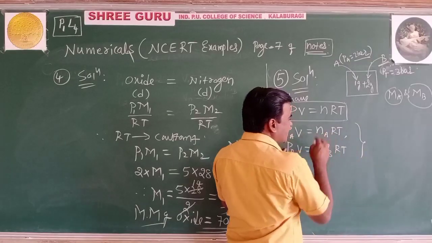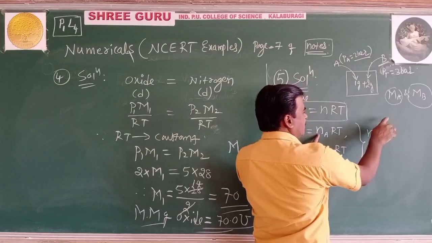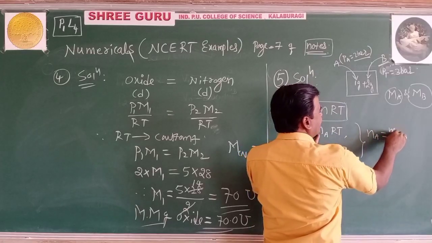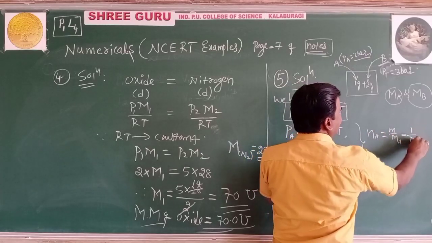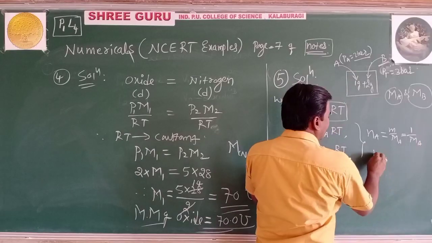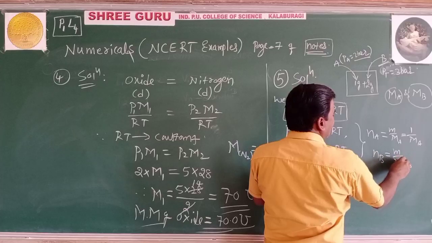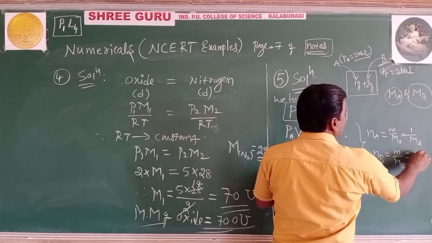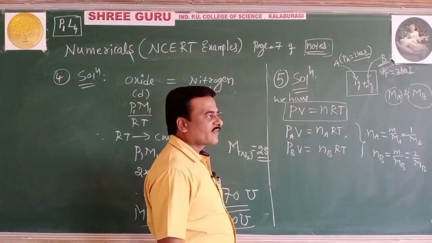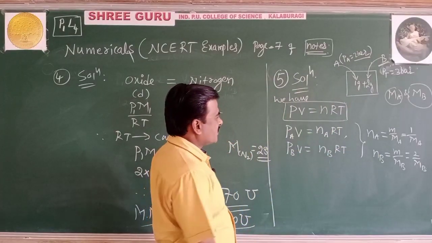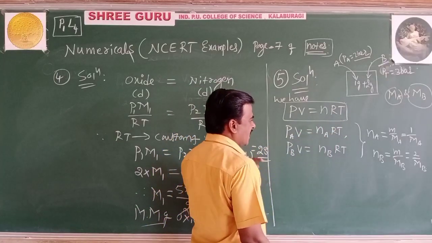So here, what is nA? nA is the number of moles of gas A. How do you get it? Mass in gram by M. The mass is 1 gram by MA, which we don't know. What about nB, the number of moles of gas B? It is mass in gram, 2, divided by MB. Substitute in the equation. Like terms cancel, since they remain constant, I don't write them.